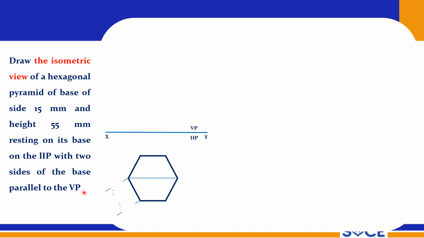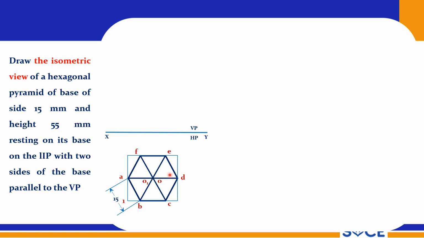So draw the hexagonal pyramid, right? Hexagonal pyramid of 15 mm side. So this is the hexagonal pyramid. Now these two sides are parallel to VP, so that is the condition given. Two of its base sides are parallel to VP, so you have to draw the orientation only in this way, right? So now the hexagon should be enclosed within a box,